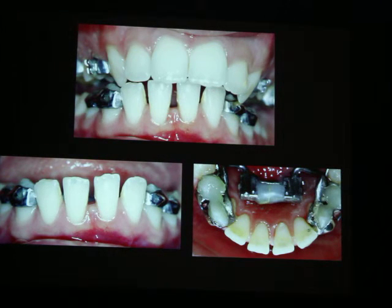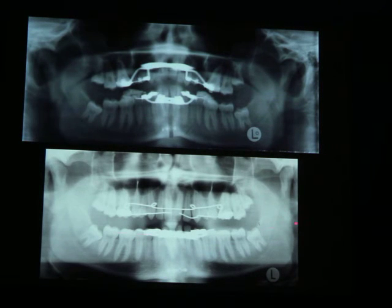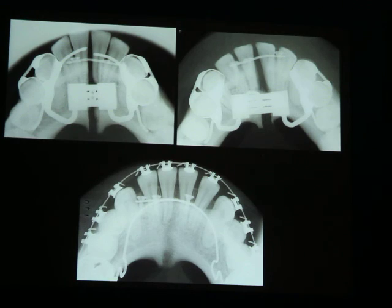So you get much more space for the incisors when you extract 2 premolars, of course. You can obtain that space by extracting premolars. So we expanded the upper jaw as well. This is the upper jaw. This is nice to see the